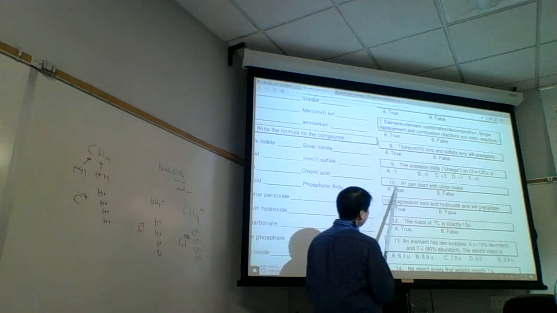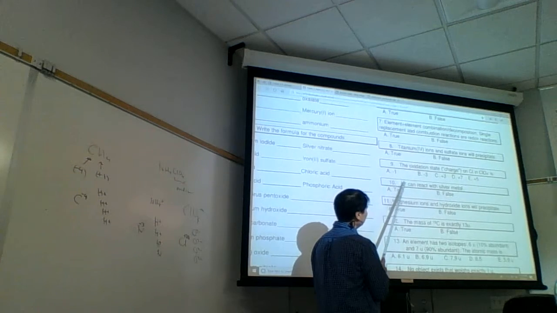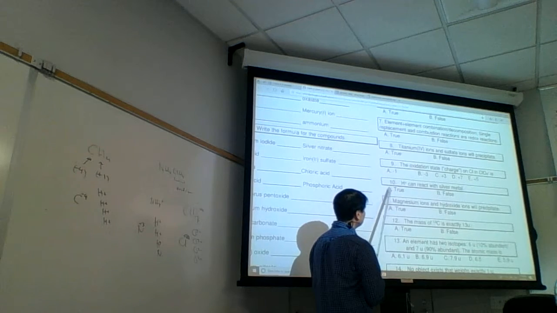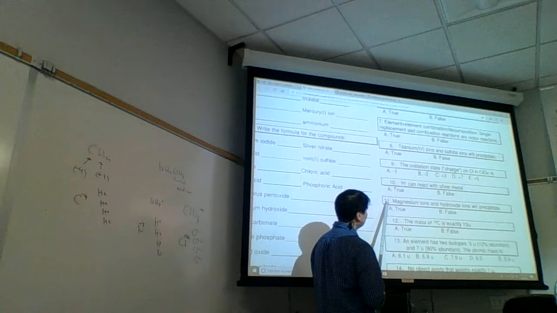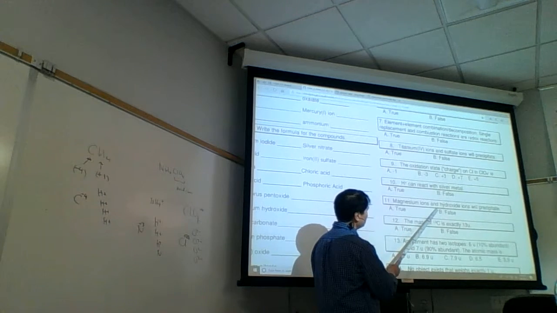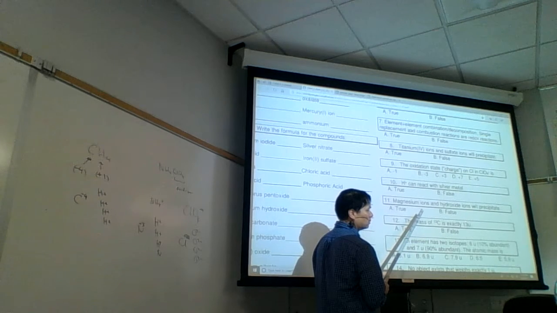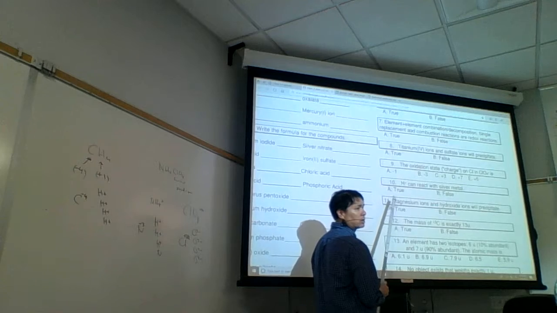Okay, number 10 is single replacement, H+. It's a compound or ion reacting with silver. This is single replacement. It doesn't look like that form, but it is. So number 10, skip that. Number 11, magnesium ions and hydroxide ions will precipitate. That's true. Hydroxides are all